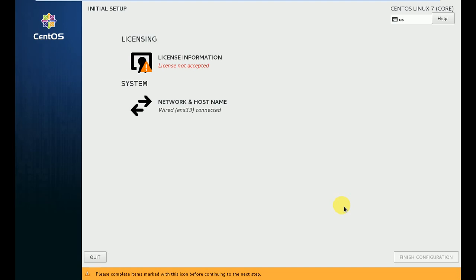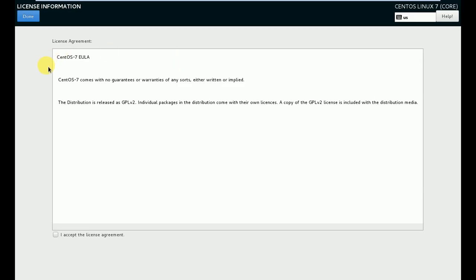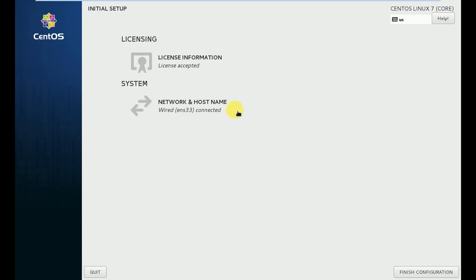Because it is the first boot up. I think yes, license information. So click on that licensing. CentOS 7. Just check I accept the license agreement and then, voila, finish configuration.